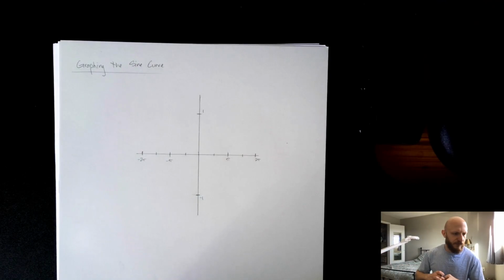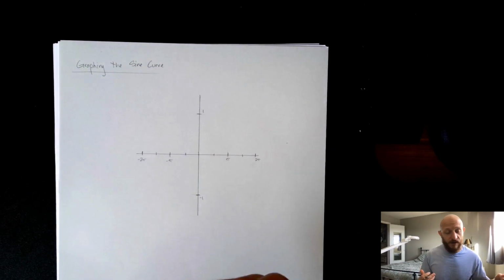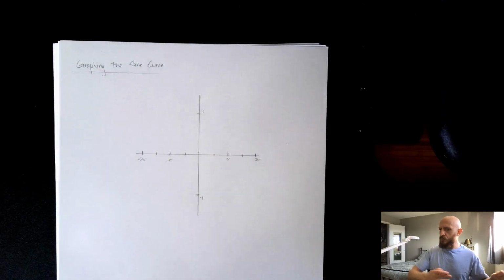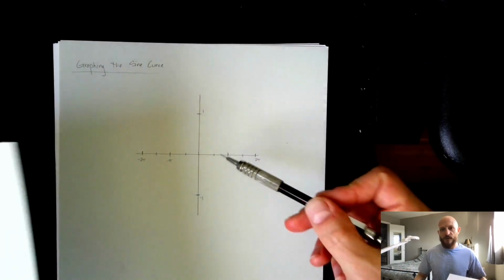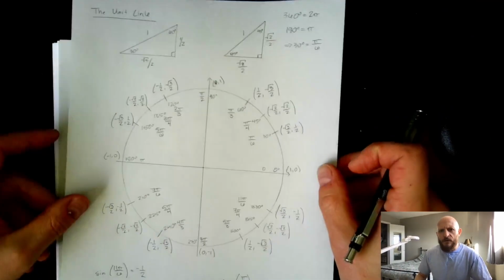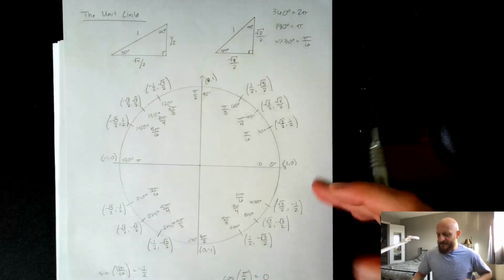So let's first start with graphing out the sine curve, and the easiest way to do that, since we've already completed our unit circle, is to grab points from the unit circle and plot them onto our graph. So in particular, what I mean by that is